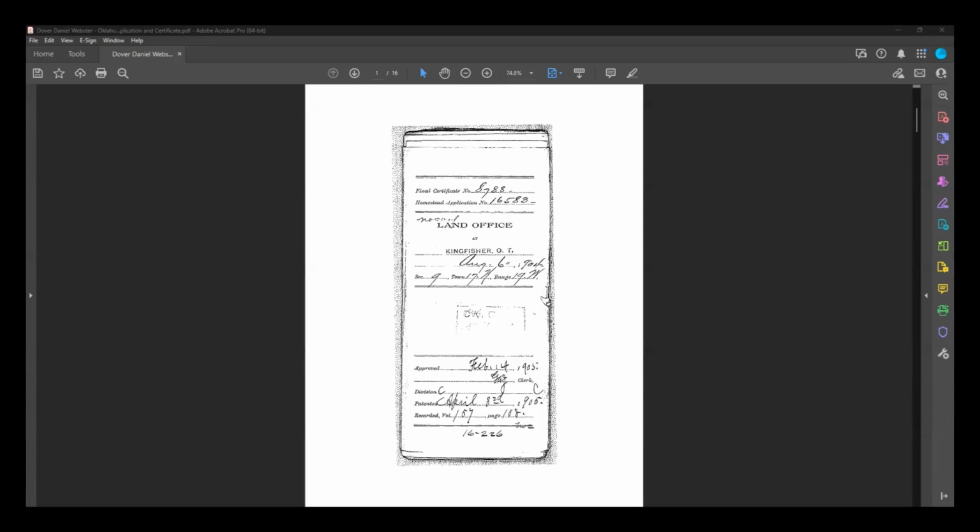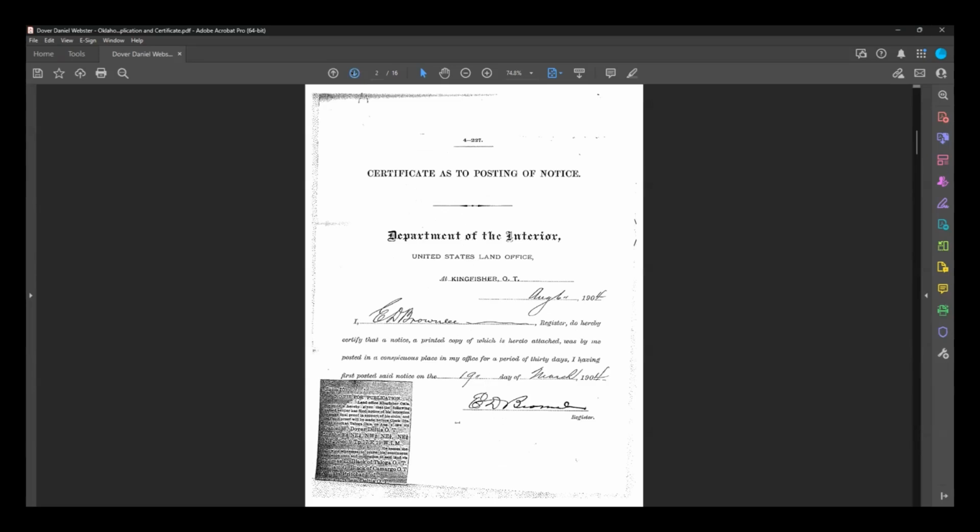Linda, this is the application for that DW Dover, and it's 16 pages. Now, if you talk to a lot of people, they'll tell you not to bother ordering these applications. They'll also tell you not to bother ordering the cash sale documents on land records.